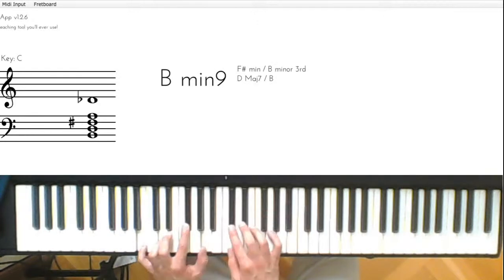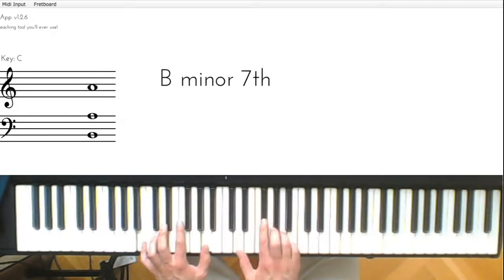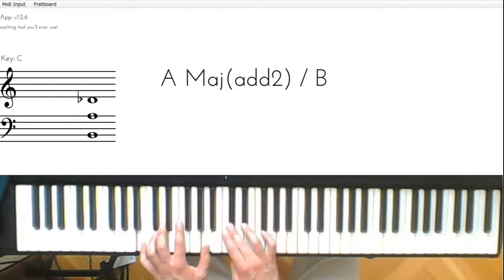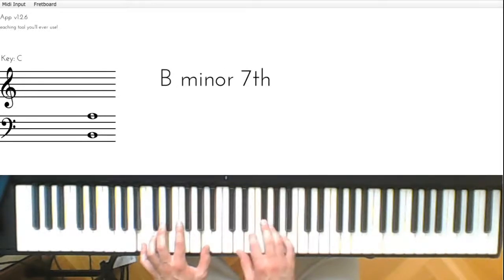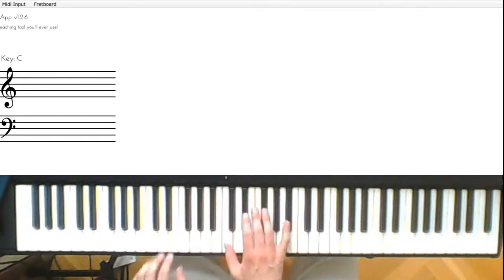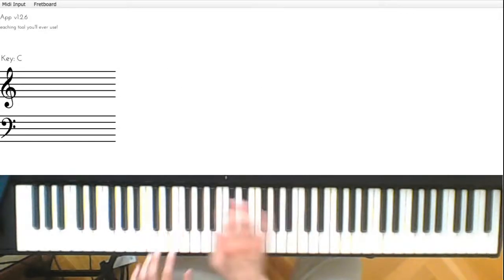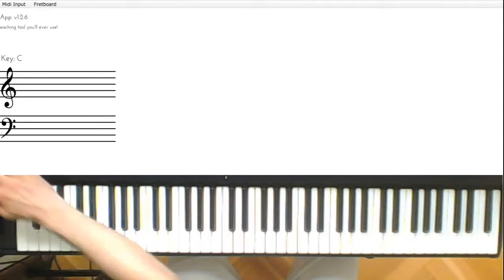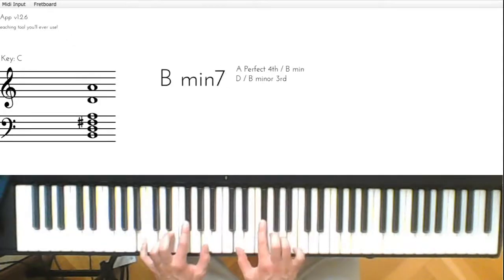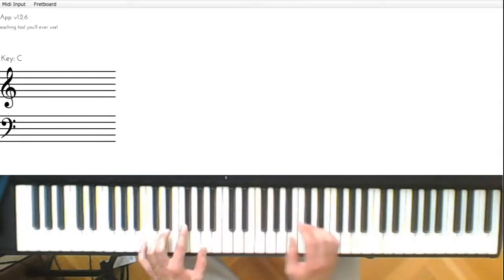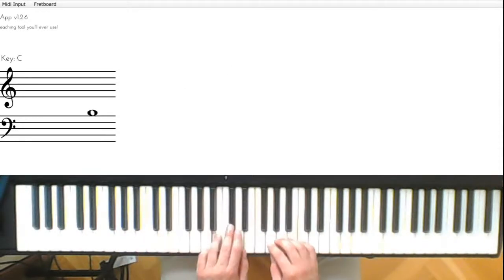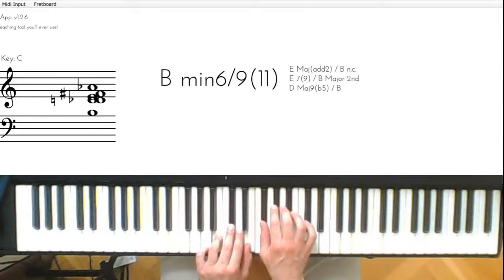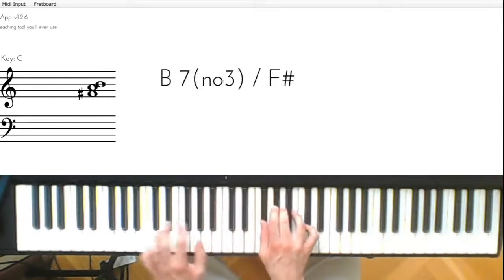You see this? So, and we have a scale. This is our B Dorian scale,